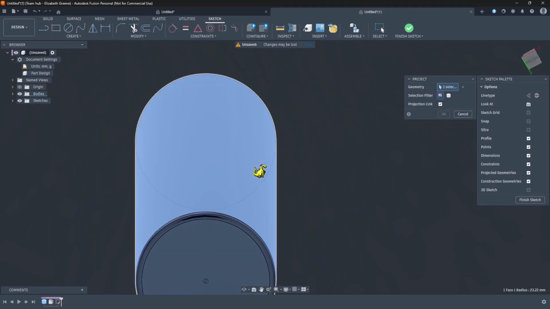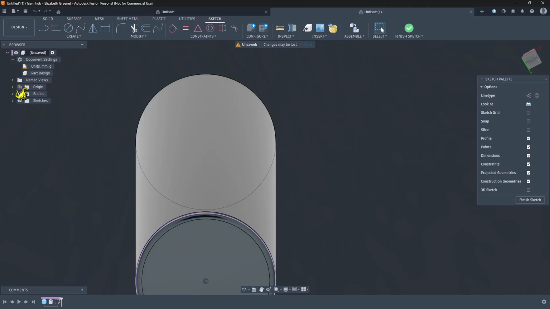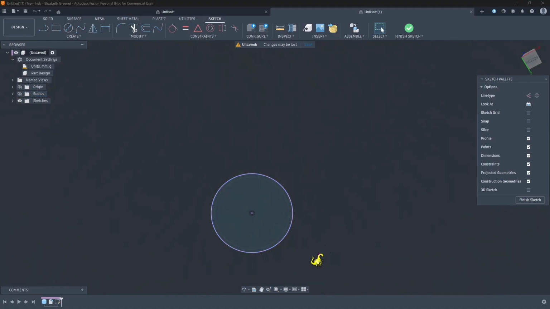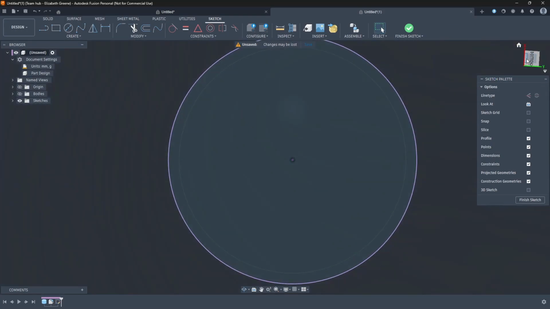And I'm going to project in the walls of the cylinder. The reason I'm projecting in the walls of the cylinder is because with this fillet on the bottom of the part, I can't just grab the bottom profile. Now, this is the outline of the cylinder. If I fix my view on this,